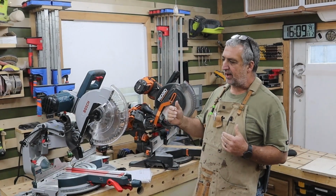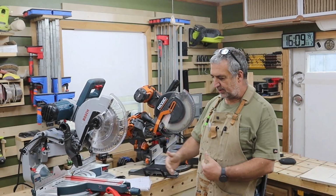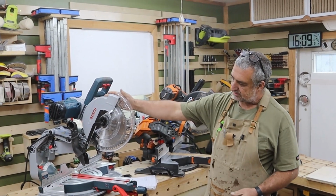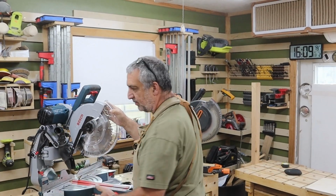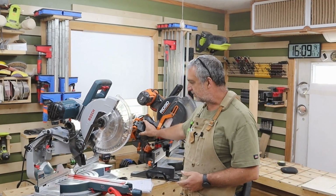So I needed to have a saw that sat flush up against my wall. I needed to have more walk space. So I was looking at these zero clearance saws. Now there's a few others that are out there, but these are the two different ones that have the articulating